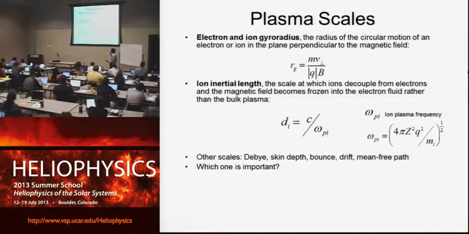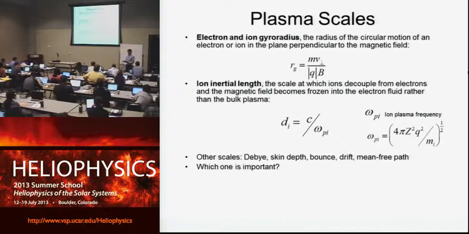Okay, so what are some of the important plasma scales? And this is where I'm wrapping up. We talked about the gyroradii, and there it is for you. It has this perpendicular velocity, mass, charge, and the magnetic field. And so as I move in a magnetosphere, from the magnetotail lobe into the inner magnetosphere, just the dipole component of the Earth's field is going to change. It changes as 1 over r cubed. And so my particle dynamics are going to be different in the tail than in the inner magnetosphere because